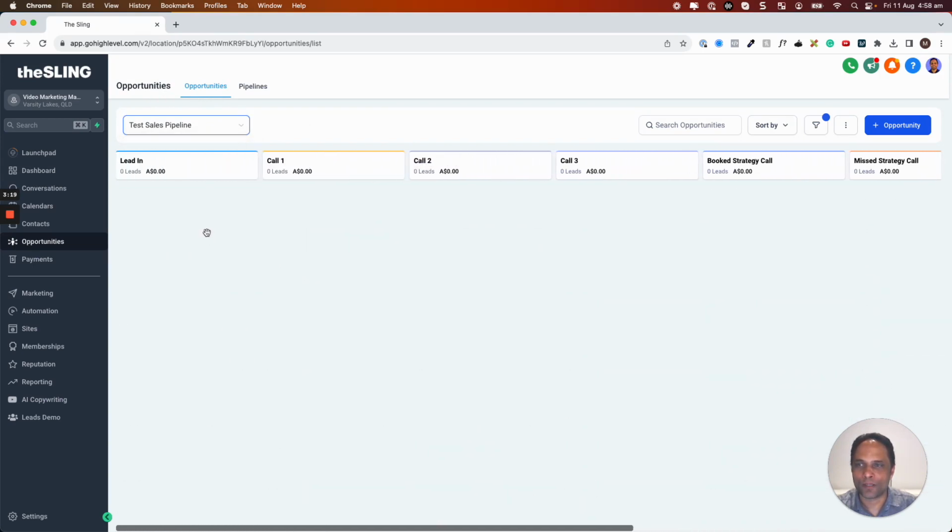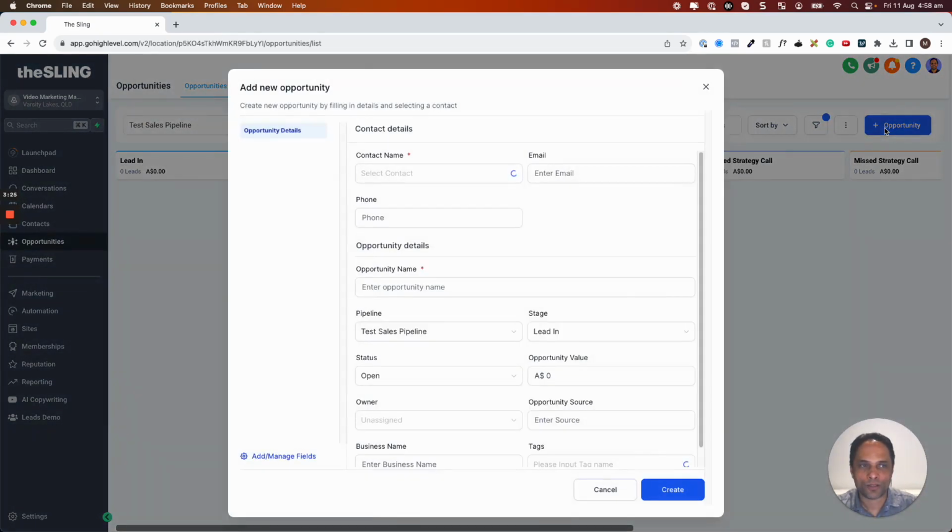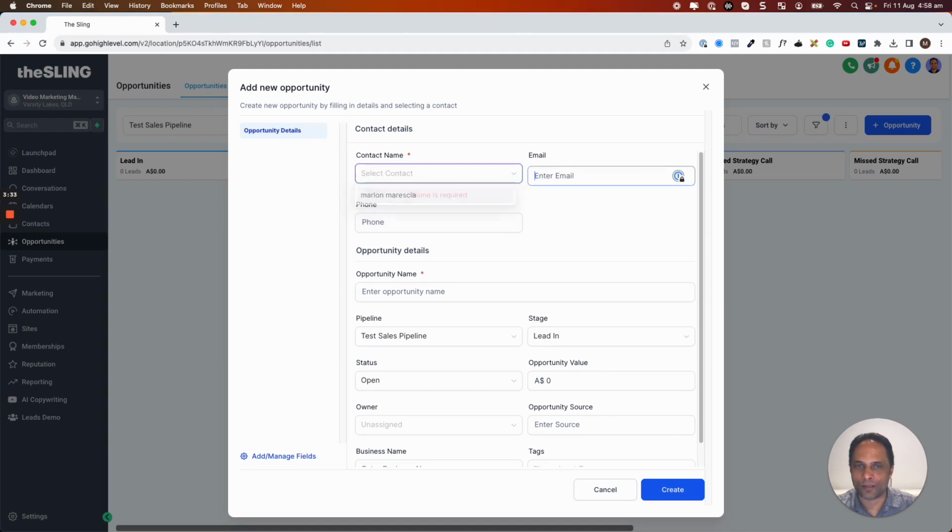So very similar. You have a lead come in, so your leads all come in here. You'll have a list of leads. Or you can create an opportunity here. So you click the create opportunity button. You search for the lead, or you create a new lead. See, I'm in there, but I could type in here Marlon, and then I could say Stephen. So if I want to do a new contact, I have to type in and I create. Create a new contact, I click that,